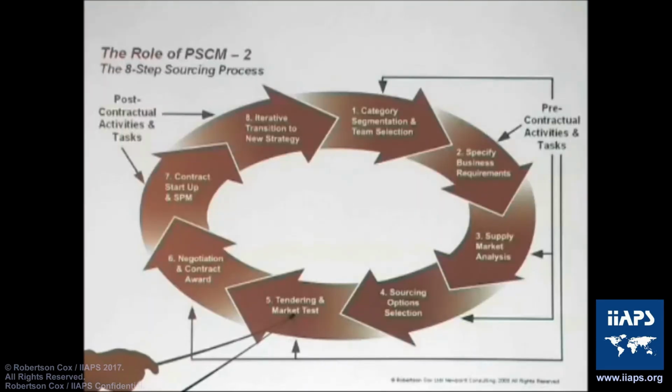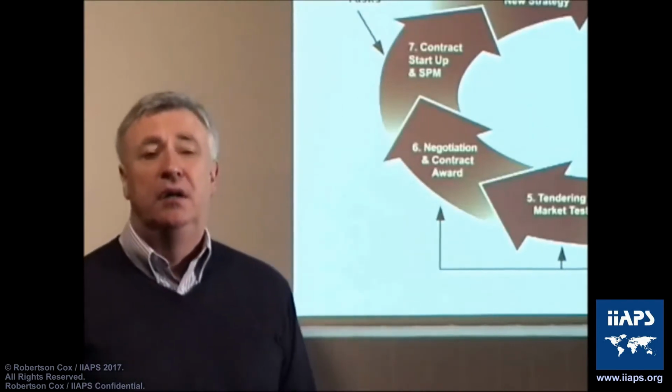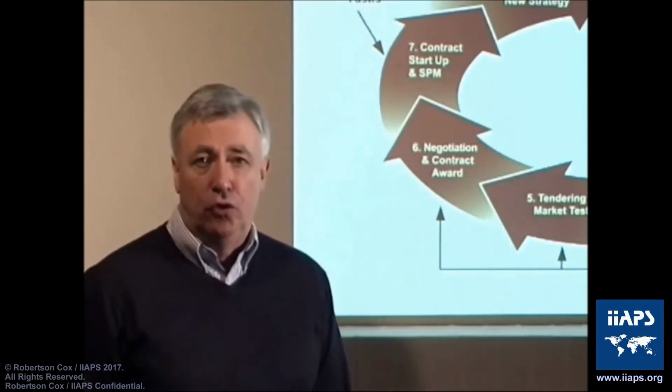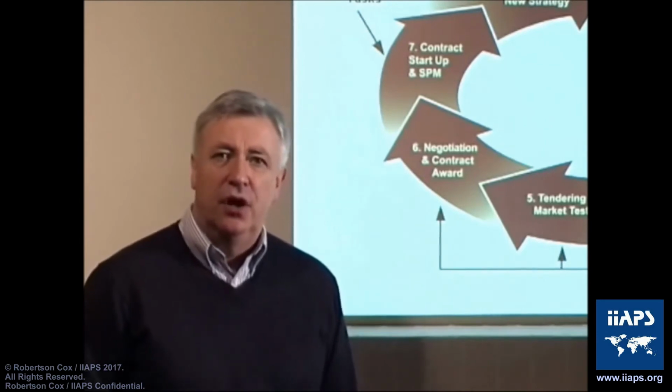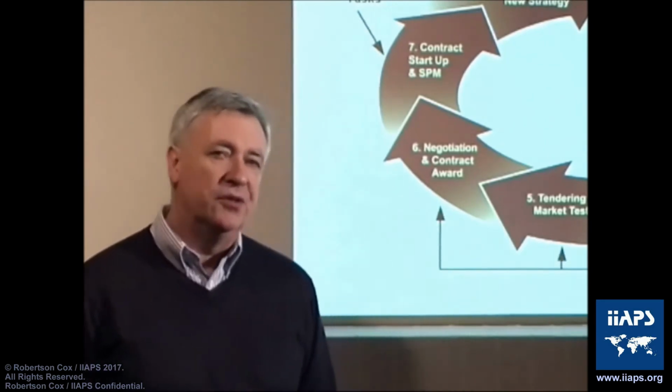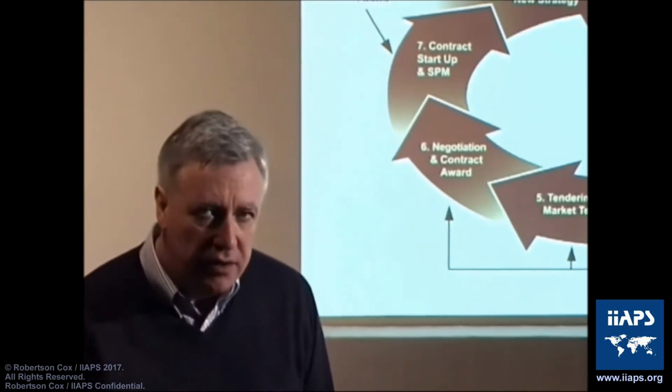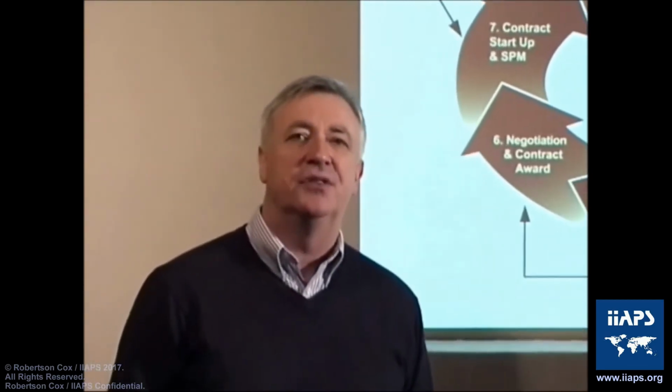So there will be a range of different choices that we may want to take forward to step 5 in the process, which is once we have selected the strategic sourcing options and the suppliers we have pre-qualified to be capable of delivering the goods and services that we require against the relationship and sourcing approaches that we desire, we now, in step 5, tendering and market test, need to create a process that allows the buyer to have a formal, rigorous and robust process to undertake a proper objective analysis, not subjective, biased or prejudiced,